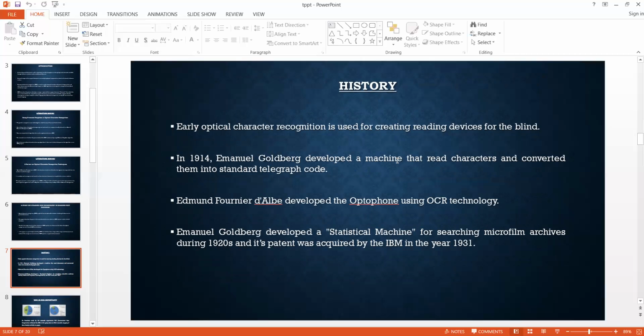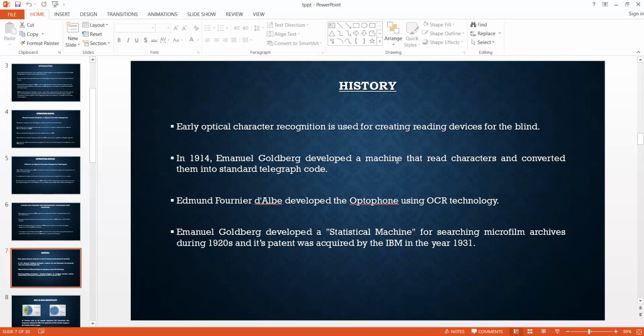Next, coming to history of an OCR technology. Early optical character recognition is used for creating device for the blinds. In 1914, Emanuel Goldberg developed a machine that reads the characters and converted them into standard telegraphic code.